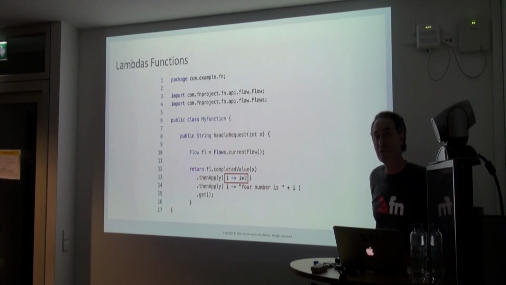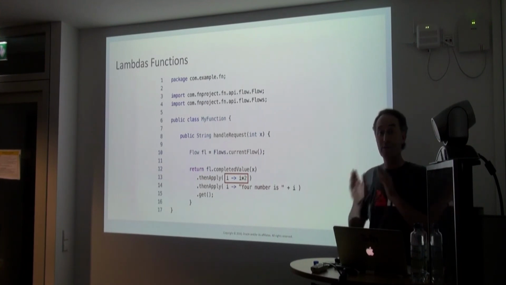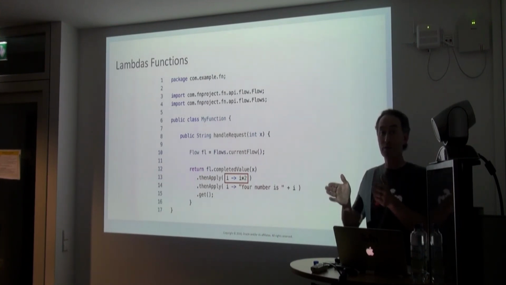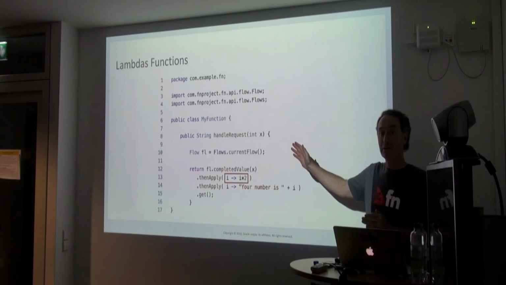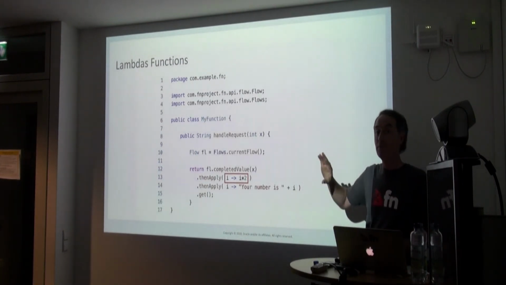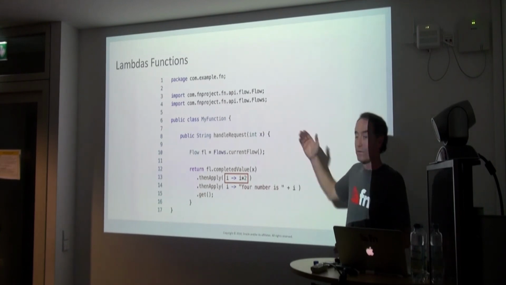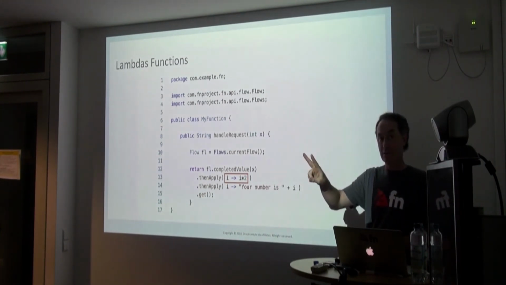How does it work if the same function is called concurrently? We do allow concurrent invocations, but they will result in two functions. These are not reentrant. They are not called twice at the same time, at least currently. So if you call a function twice, we will spin up two containers.